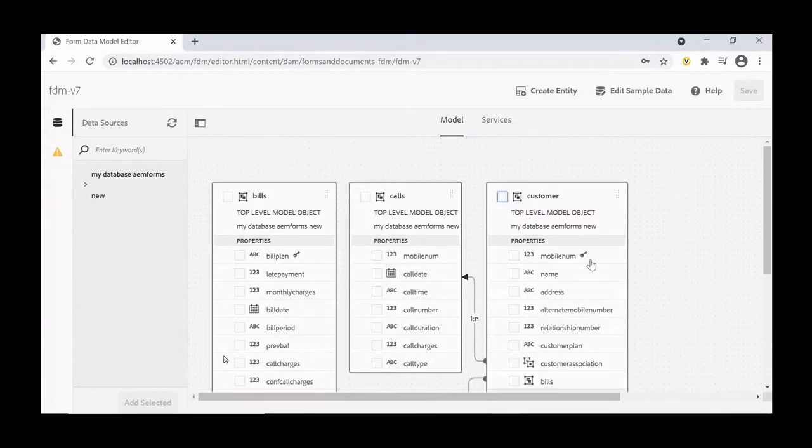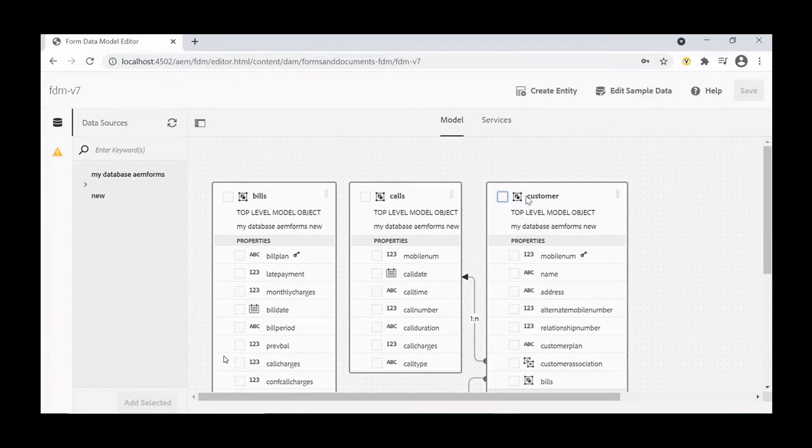Okay. Now in this video, we will edit the properties for customer, and then for the get and update services, and then we will configure the service for get and update, so that we can see how we can fetch the data from a relational database, RDBMS. In our case it's MySQL.